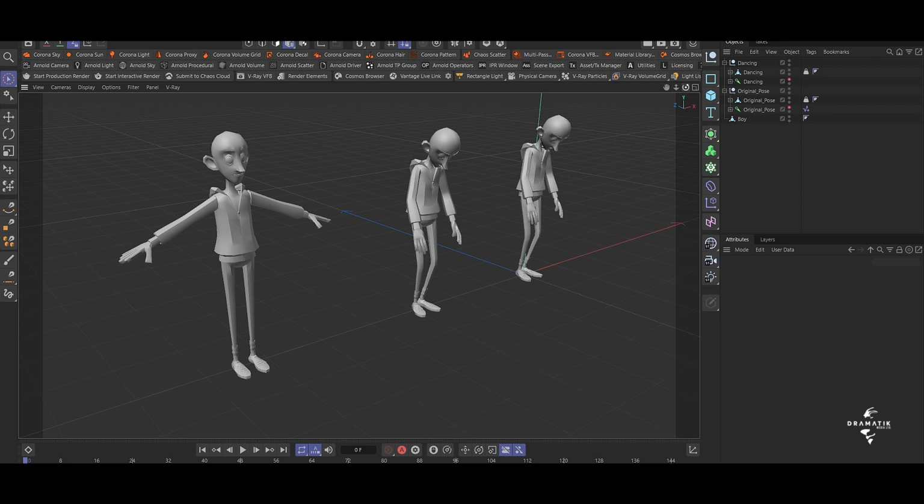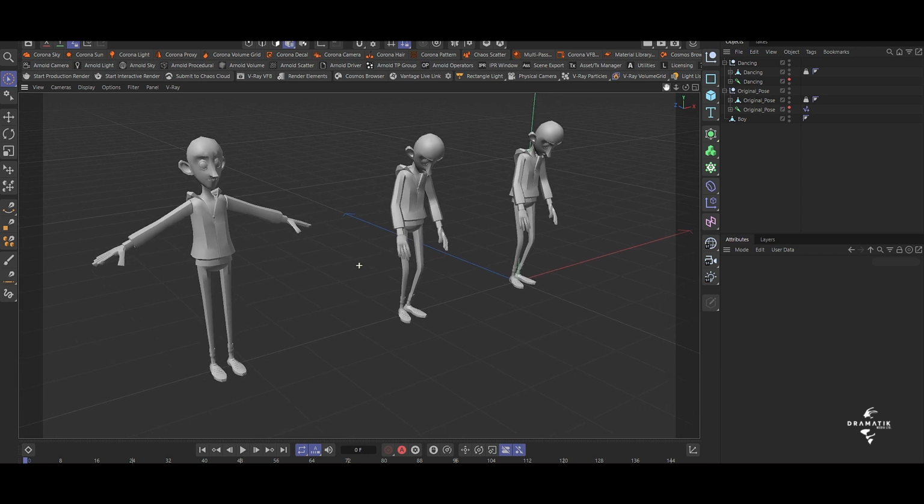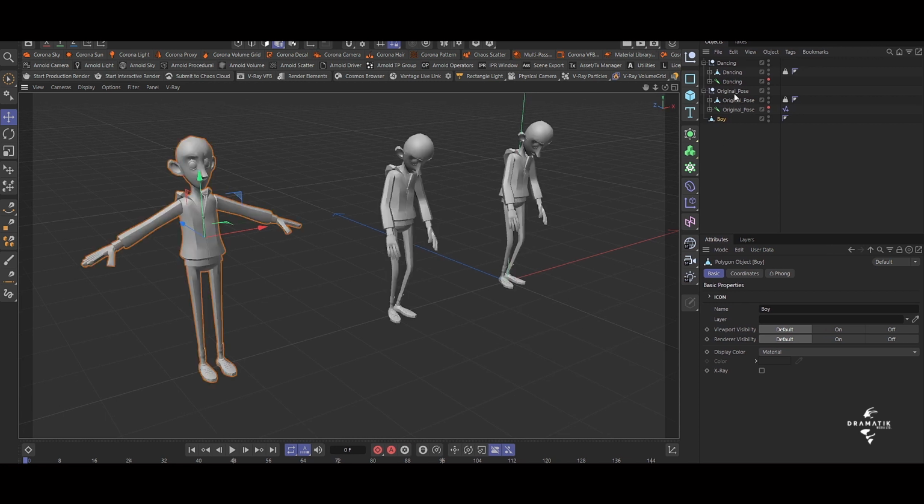Now, this we've done with a guy who's rigged. And what about our original guy who produced all this? This guy is the father of all this other guy. So what if our father can also inherit our dancing moves and styles without being rigged, no bones, no nothing? Well, that's still possible. So what we're going to do is go to our guy,